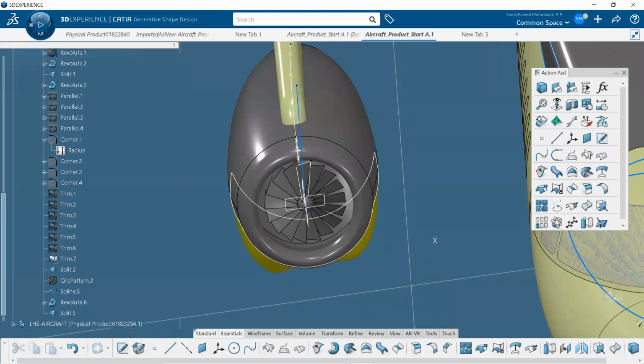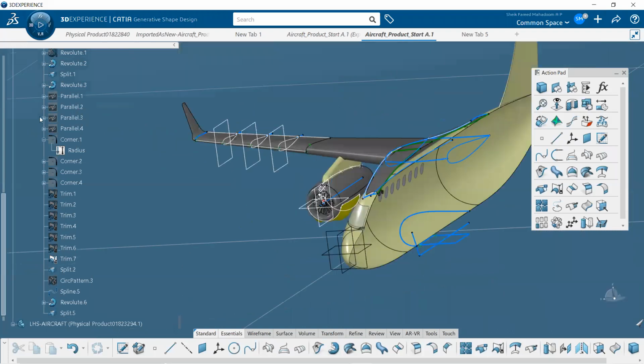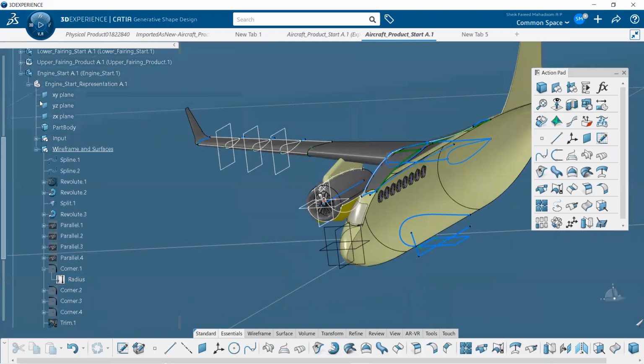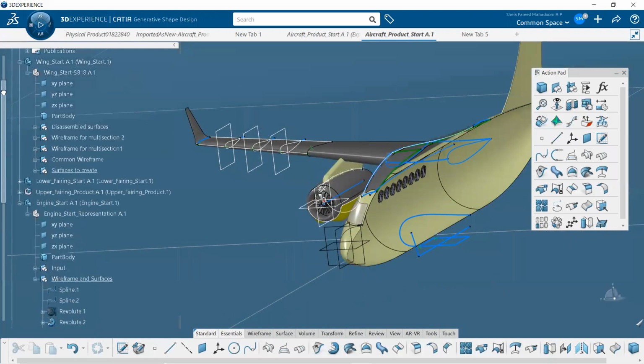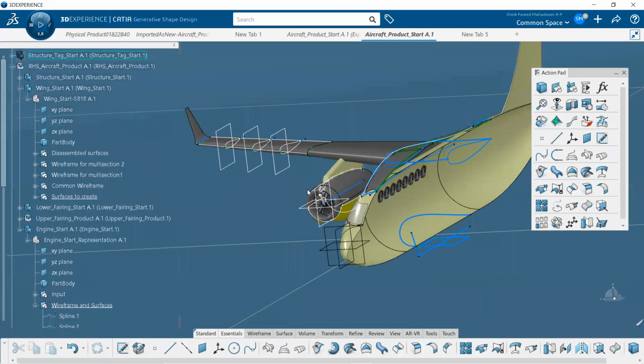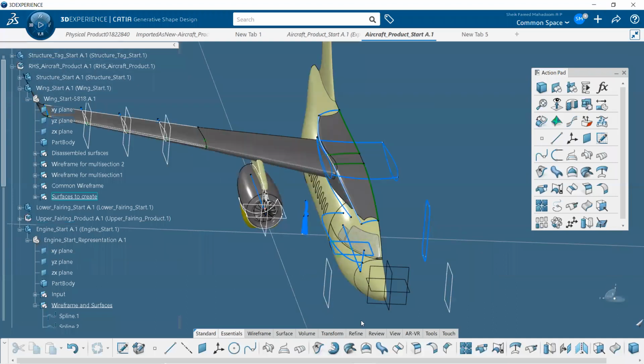Okay. Once after completing all this, you have to just select this wing, the entire model.